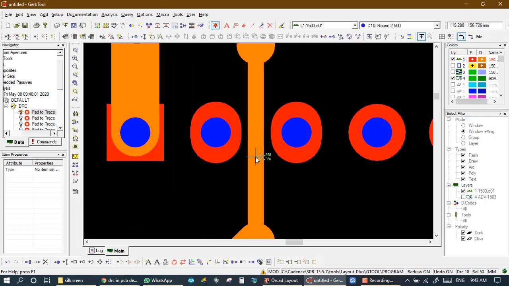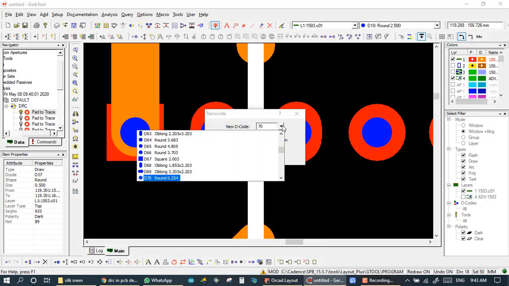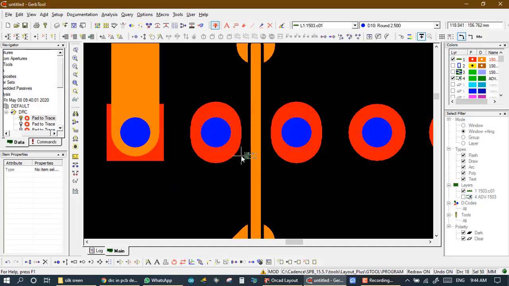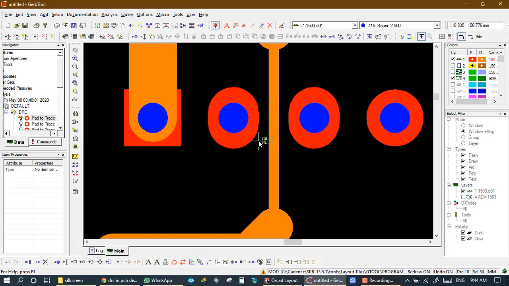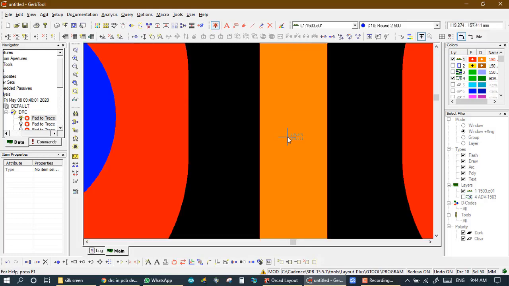Now I right click on it and go to transcode and set the 184 decode, which I made, 184 0.3, and okay. So now the distance between this is approximately 300. It is 300.